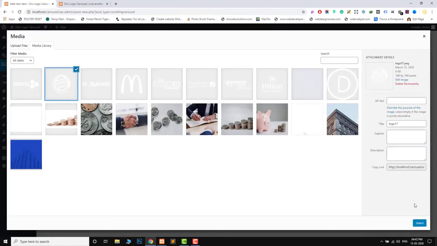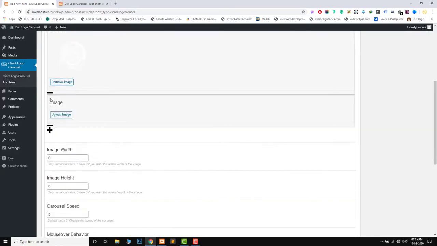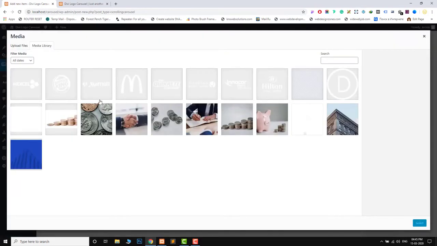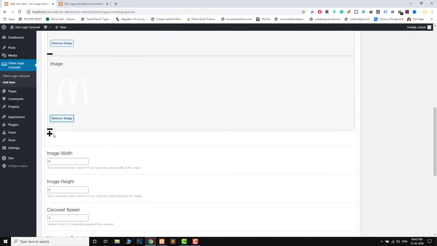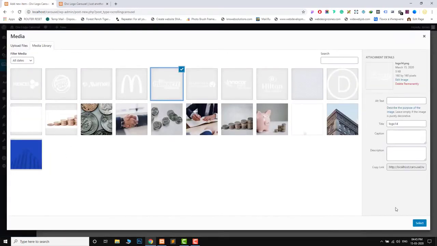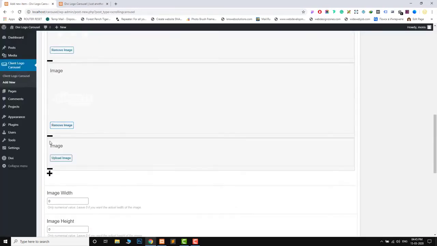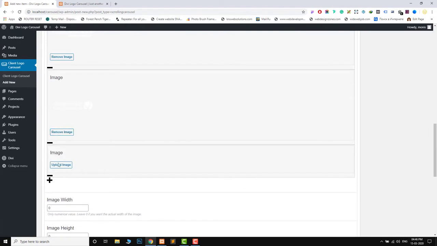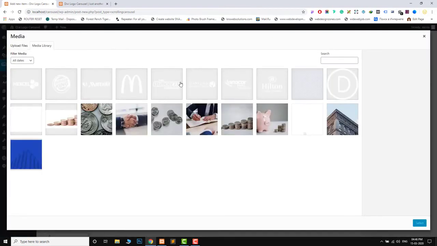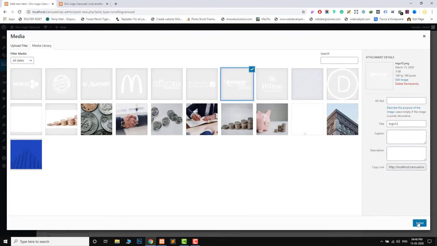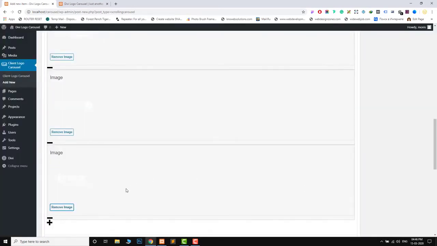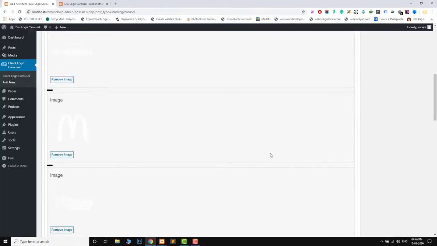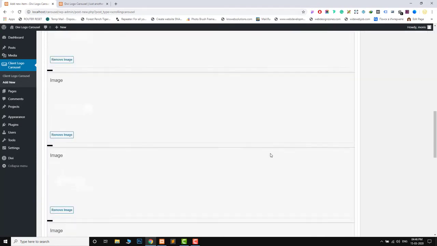This is the second logo. This is the third logo. You can select all the logos one by one. There are various settings also available, like image width, image height, background color, border color, padding, etc. So you can set it as per your requirements. This is a very easy plugin to make a logo carousel for any WordPress site. Today we are adding this logo carousel to our favorite Divi theme.